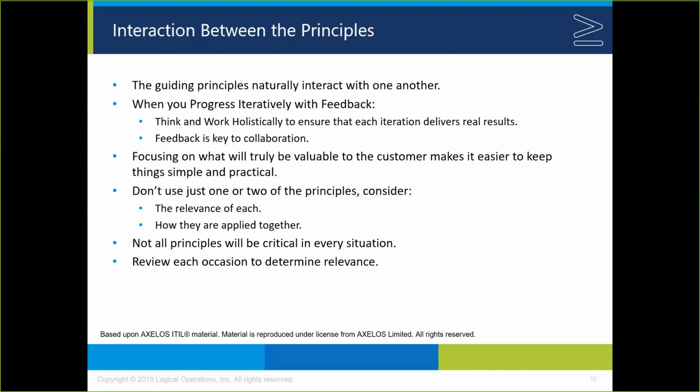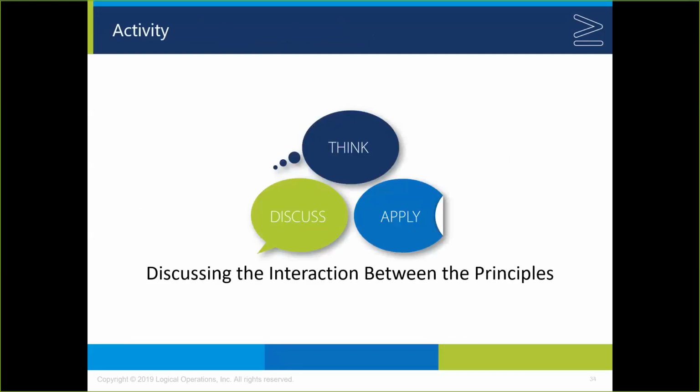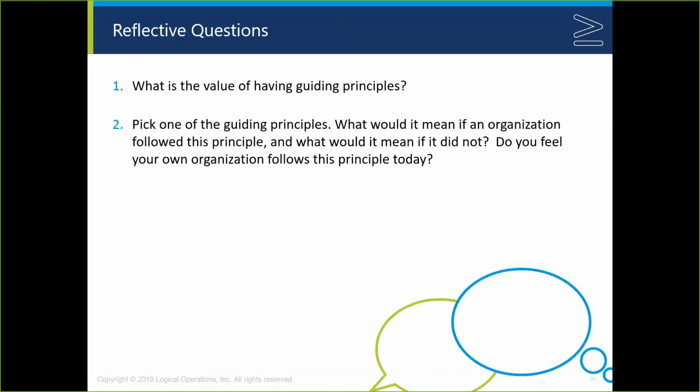Okay. We then kind of finish up by talking briefly about interaction, that these principles obviously don't exist in silos, that you're not going to use all the principles all the time, but you want to be able to review these and you don't really want to cherry pick them, right? You want to think about the principles holistically, and then you want to talk about the overall value. Why are we doing this? Why is it important to have overarching guiding principles that kind of affect our things?